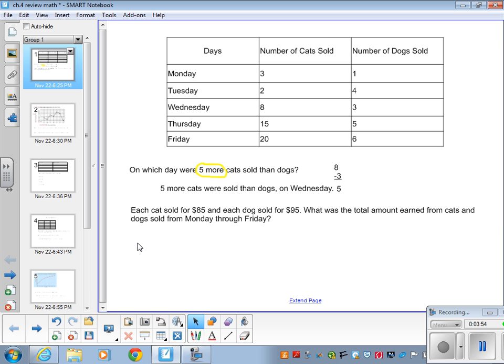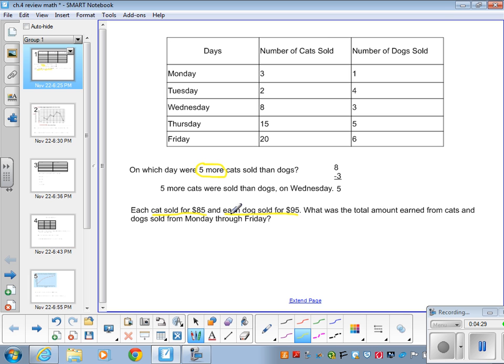Now, to find the answer to this next question, each cat sold for $85, and each dog sold for $95. What was the total amount earned from cats and dogs sold from Monday through Friday? All right, now, these are the words that we have to understand. Each cat sold for $85. That's important. We need to underline that. Each dog sold for